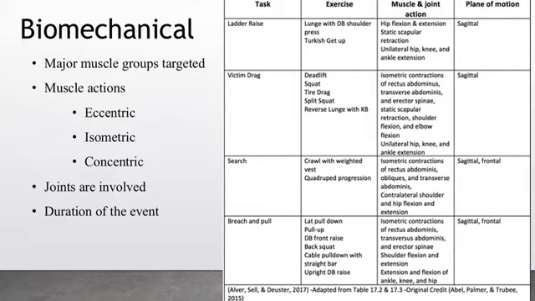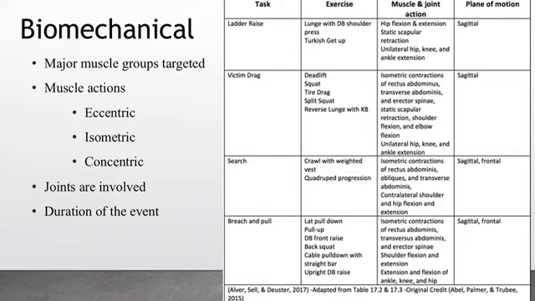You need to think about the joints that are involved. Is this primarily a shoulder sport? Do I have a pitcher? Do I have a football player doing more horizontal pushes? Do I have a swimmer doing a little bit more pulling? And then you need to look at the duration of the event as well when you're programming for your biomechanical movements. So an example over to the right, if you look at this chart, we'll just stay with the top